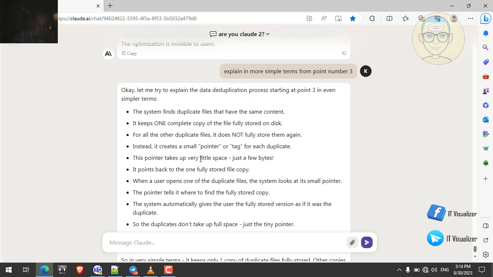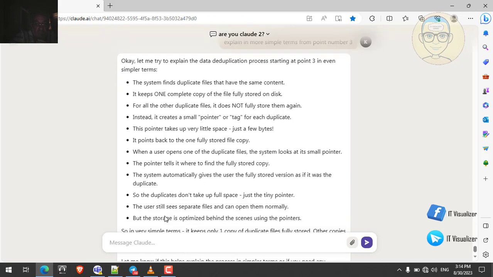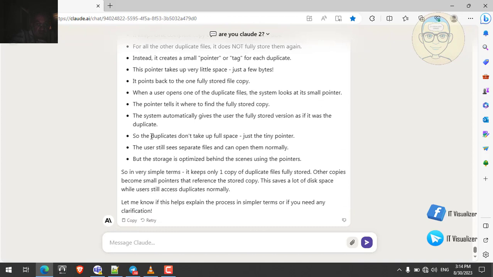This pointer takes up very little space, just a few bytes. It points back to the one fully stored file copy. When a user opens one of the duplicate files, the system looks at its small pointer. The pointer tells it where to find the fully stored copy. The system automatically gives the user the fully stored version as if it was the duplicate. Okay, and at the end,